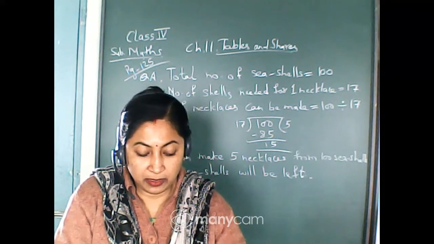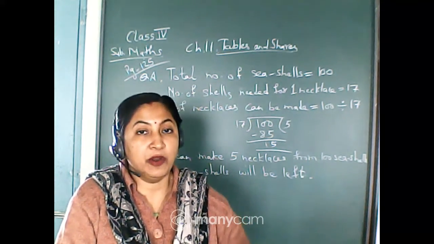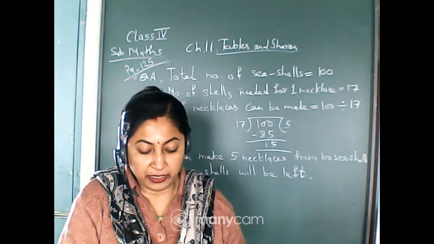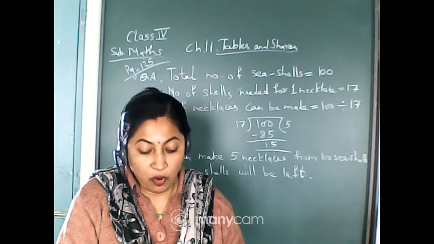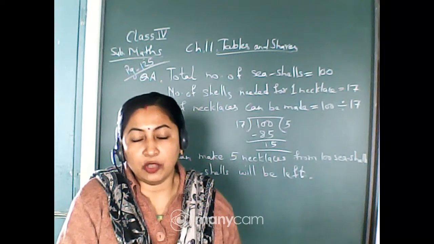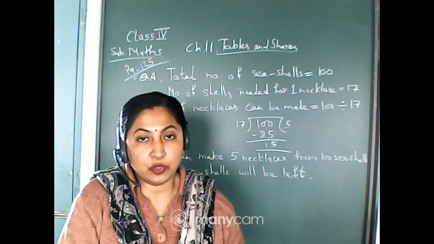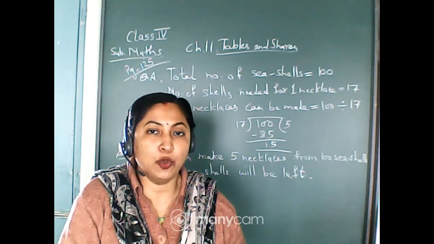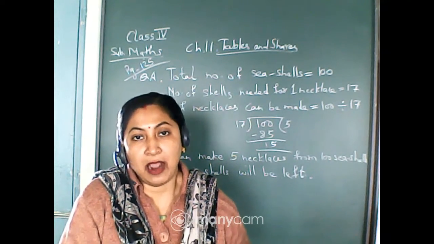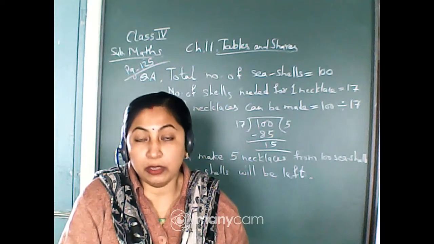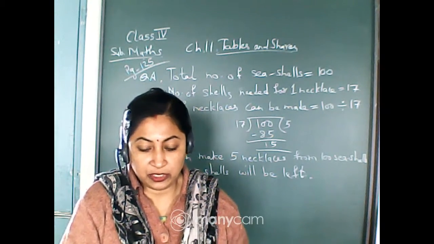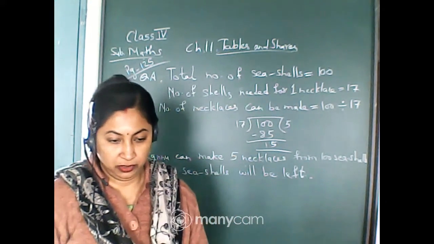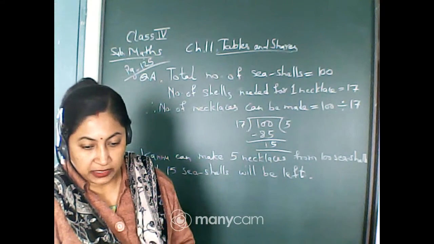Now see, here it is given the total number of soap bars is 338, and in one carton only 85 soap bars can be packed. You have to find out that for 338 soap bars how many cartons are needed to pack all these soaps. Okay, so for this also you have to divide it. So write the statement for this.